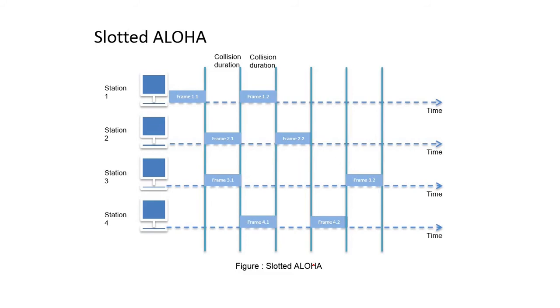In slotted Aloha, we divide time into slots, like the schedules you see when using public transportation, whether buses, trains or flights. There is a schedule, like at 7 a.m. there are a few buses for a few destinations. Same thing for trains at a perfect timing, trains are scheduled for the perfect destination. Same thing in flights. Same thing here. We decide the time slot. So whatever stations want to transmit, they can start their transmission at a particular time.